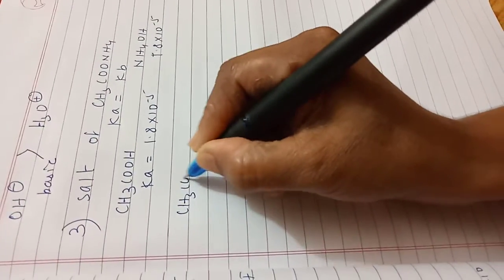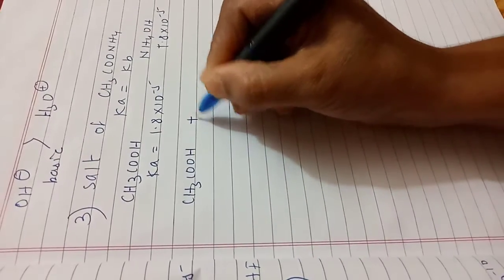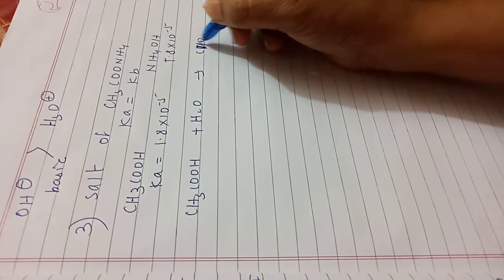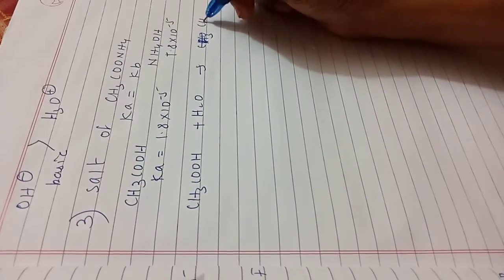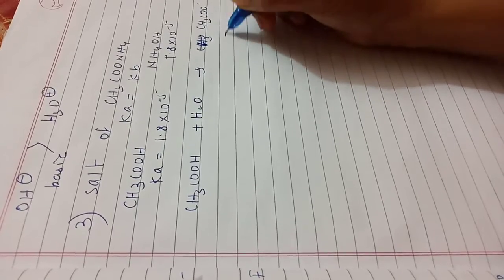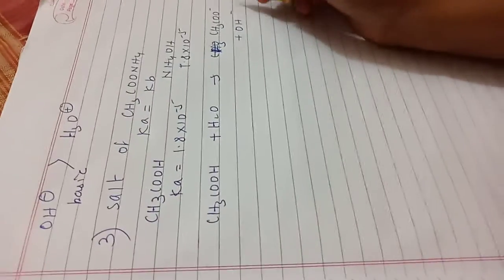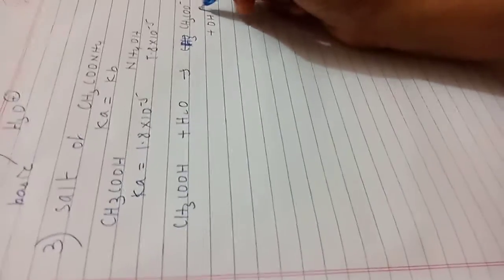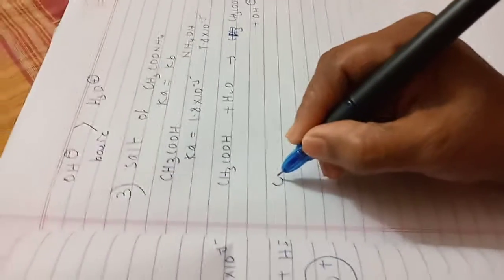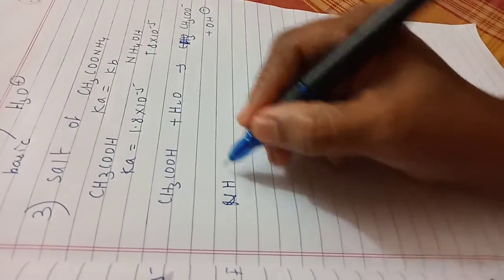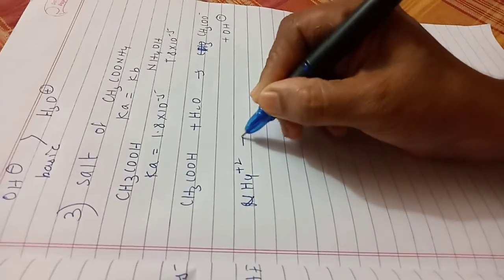Acetic acid undergoes hydrolysis to form acetate ions as well as OH minus ions, whereas ammonium ions undergo